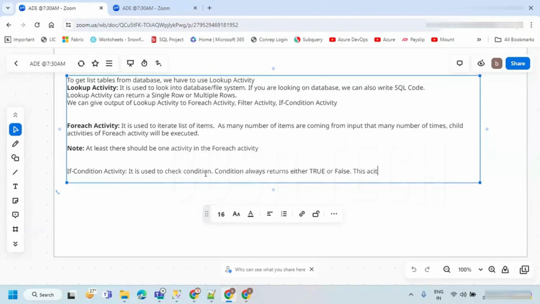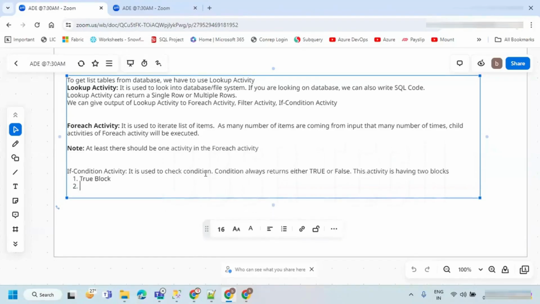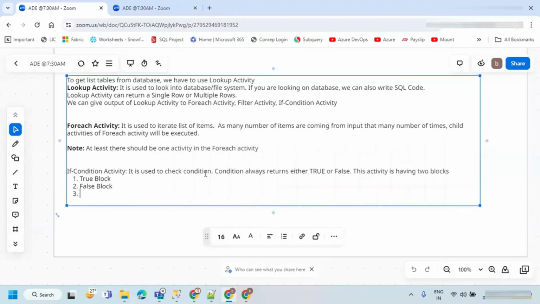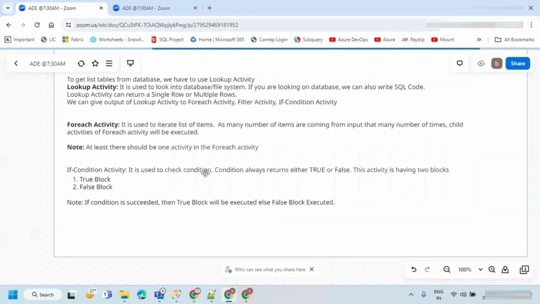This activity is having two blocks. One is the true block, another is the false block. If the condition is succeeded, then the true block will be executed. Else, the false block will be executed. So that is important here.